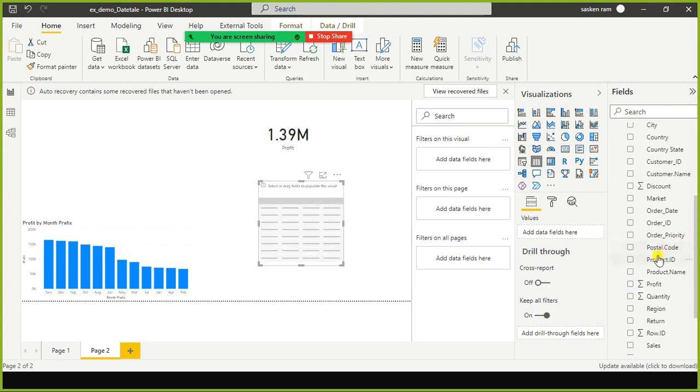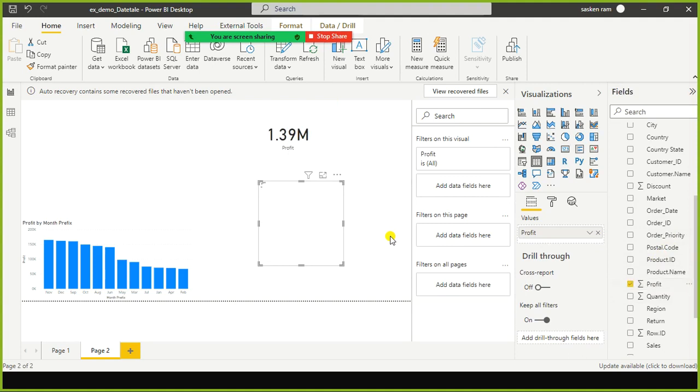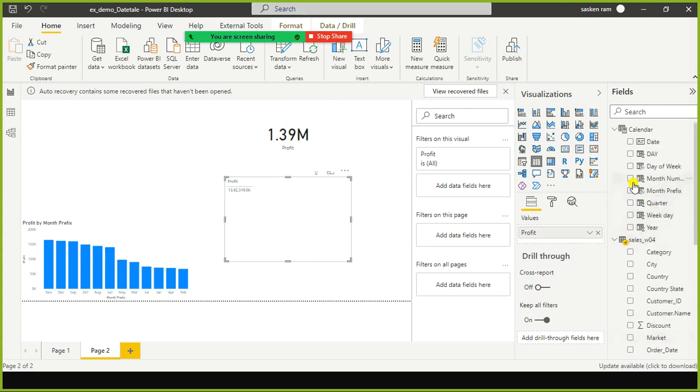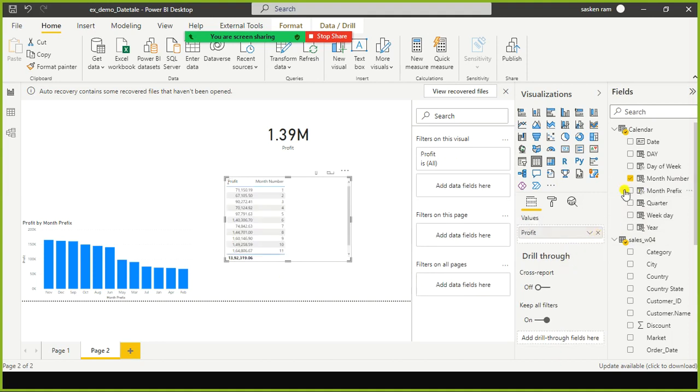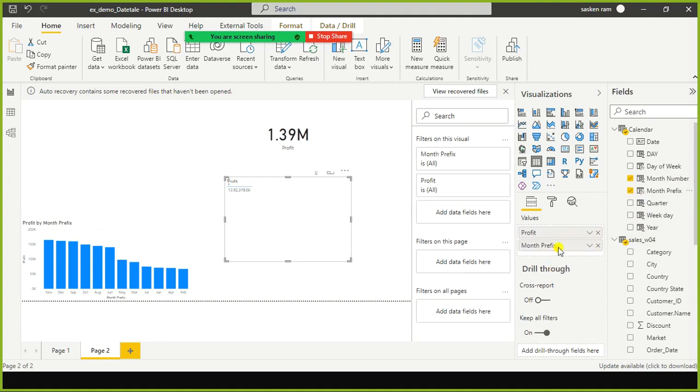I'm using the table visual here. The same value is displayed here. Here, if I select month, instead of month number, I just select month prefix, and if I move this up, we can see that automatically Power BI Desktop